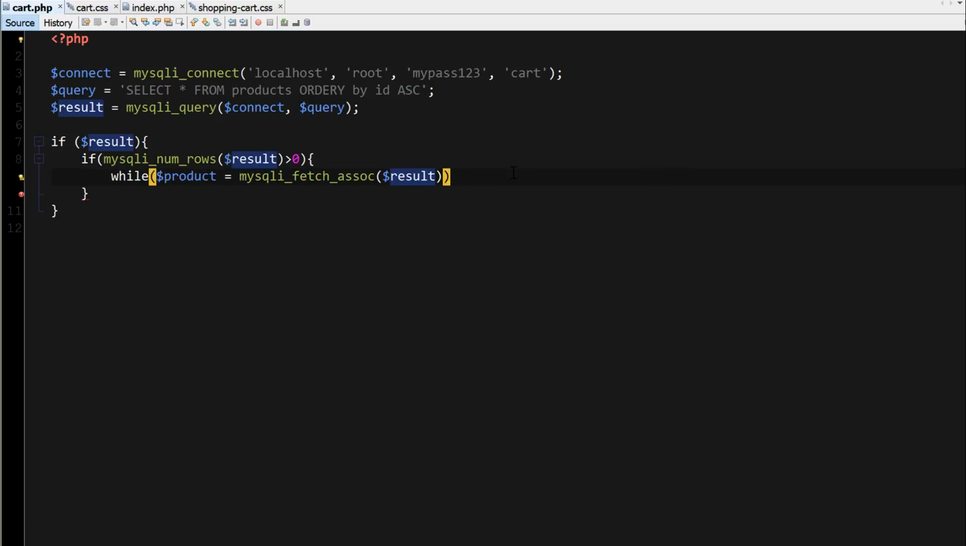So this loop is just going to loop through all the data that's inside of our result, and it's going to store everything inside of an associative array. And we can also print out each individual product right now inside the while loop just to see what we have so far. So we're going to use a function called print_r product,